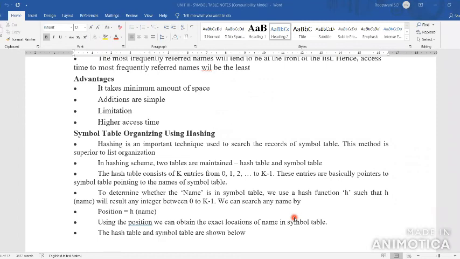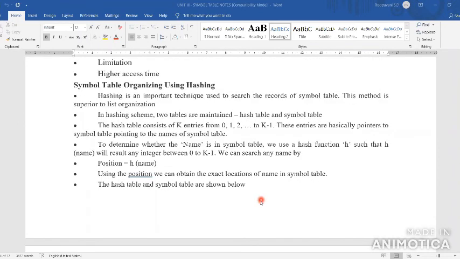In that hashing scheme, we are maintaining two tables. The first table is the hash table, the second table is the symbol table. In the hash table you specify the entries 0 to n minus 1.